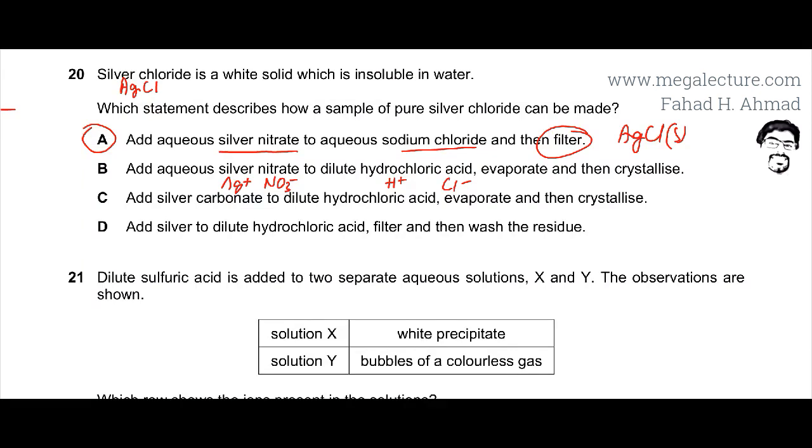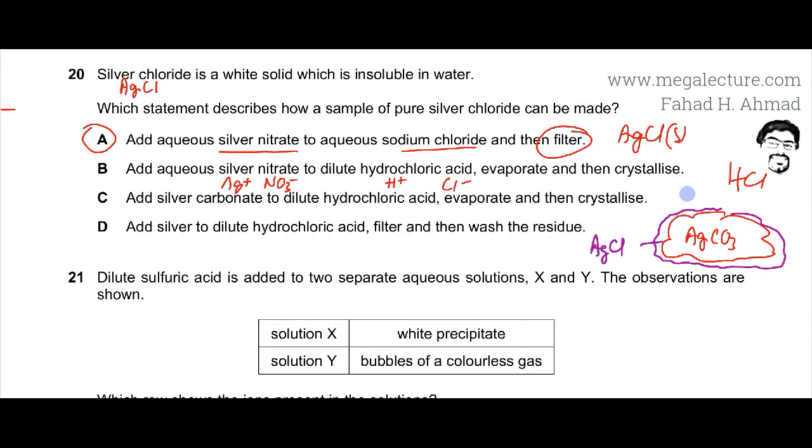Option number C is also incorrect because reacting a carbonate with hydrochloric acid is going to produce a reaction. Salt, water, and CO2 would be produced, but the salt is going to be AgCl. It's insoluble, so you can't evaporate and crystallize. And this reaction would not occur well because silver carbonate is a solid. So if you have Ag2CO3 solid, and it reacts with HCl, the salt that would be produced is going to be AgCl. Now that AgCl is quickly going to form a layer on top of the silver carbonate, and it would stop. I mean, there would be water produced as well, there would be carbon dioxide produced as well